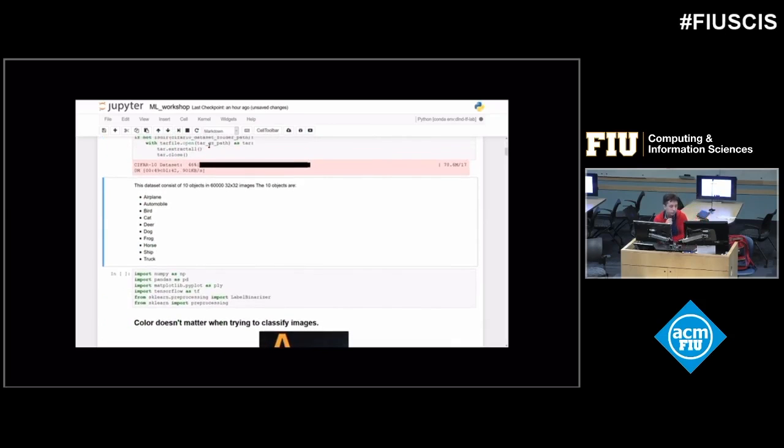Like I said before, the dataset that we're going to be looking at is 10 objects and 60,000 images. Each image is 32 by 32.